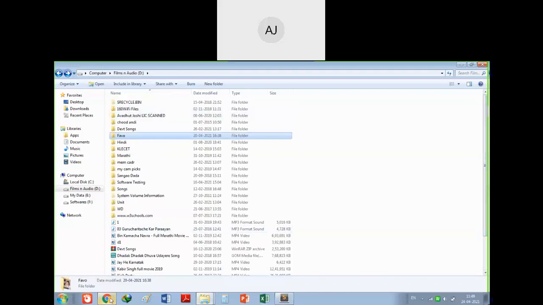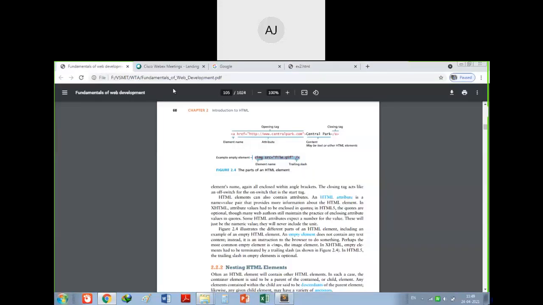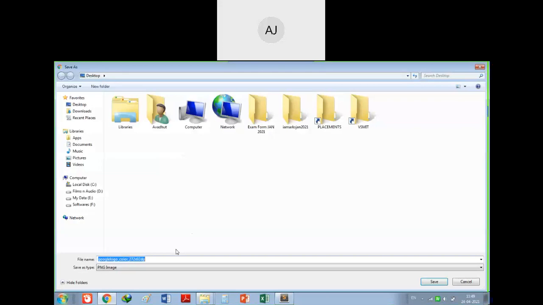So we'll download one image. We will go to Google and we'll save the Google image itself. Okay, so we'll choose save image as, and I will save it as a dot jpeg.